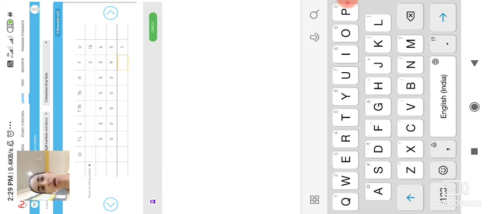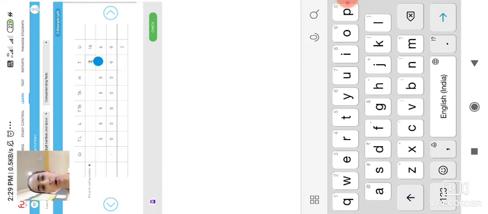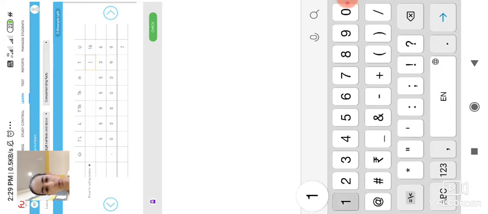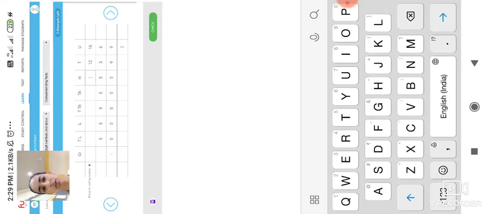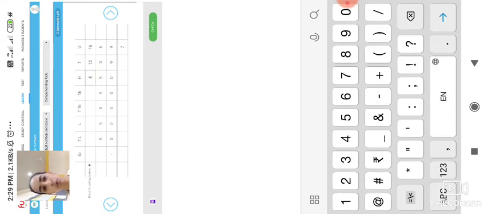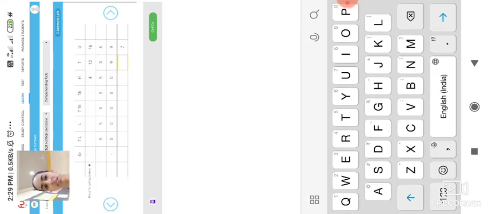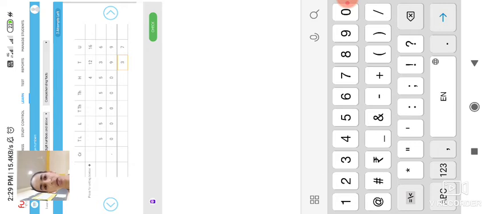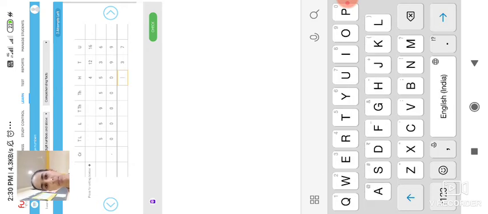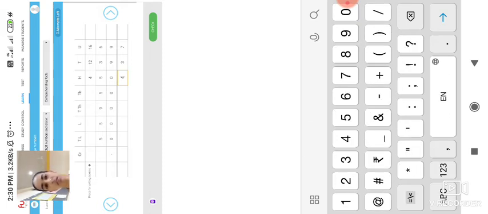No, we can't subtract. So this 2 will become 12, and this 5 will become 4. Now let's take the subtraction. We have to subtract 9 from 12. So the subtraction is 3. So write there 3. Now can we subtract 0 from 4? Yes, we can. So the answer is 4.